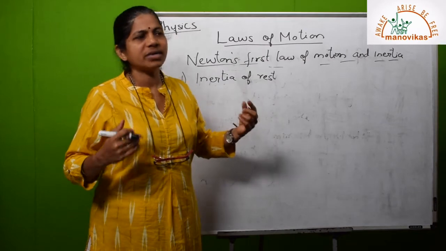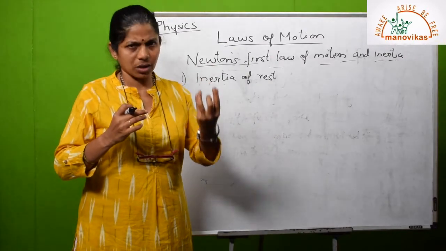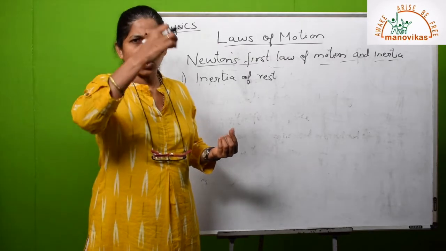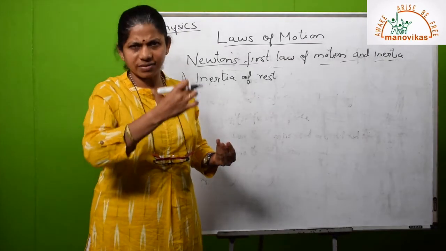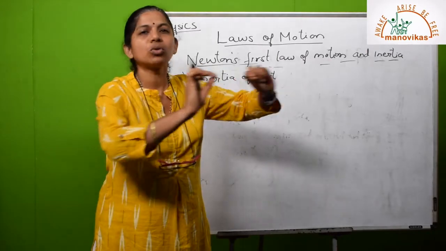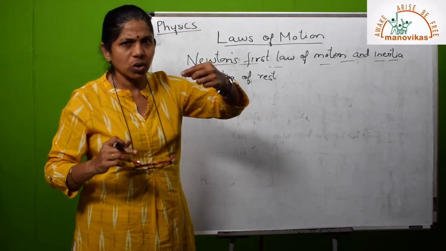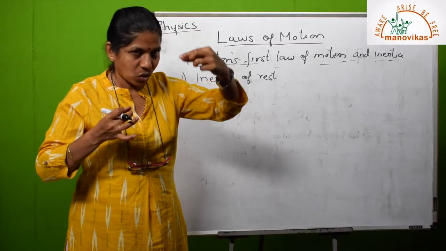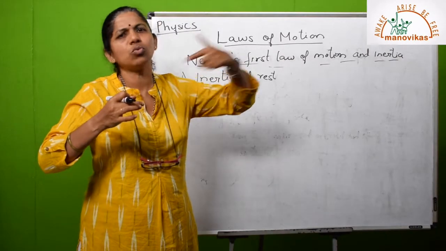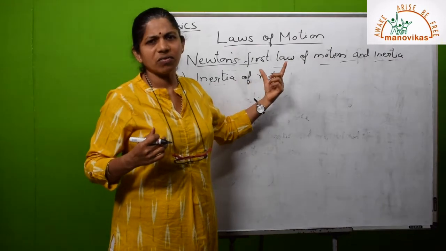Another example would be where you have a coin placed over a cardboard and you have a glass placed at the bottom. The moment you flick the cardboard, you find that the coin falls in the glass containing water. The glass and the coin do not move in the forward direction. Again, it is due to inertia of rest of the coin that the coin falls vertically into the glass, and only the cardboard moves in the forward direction. There are many more examples related to inertia of rest.